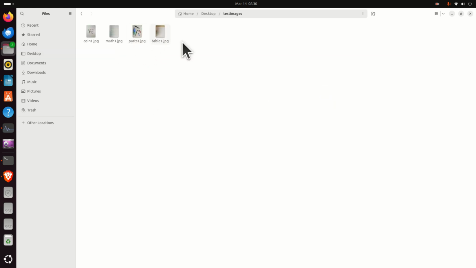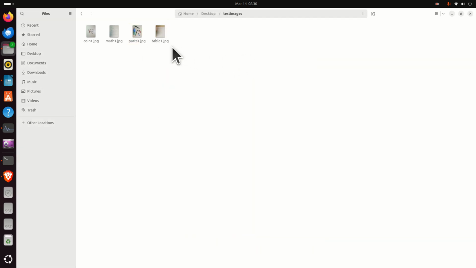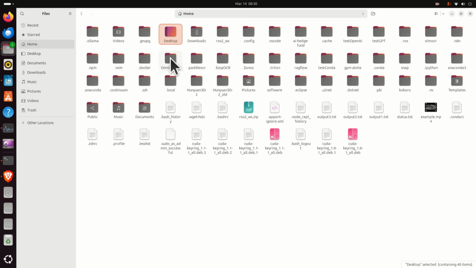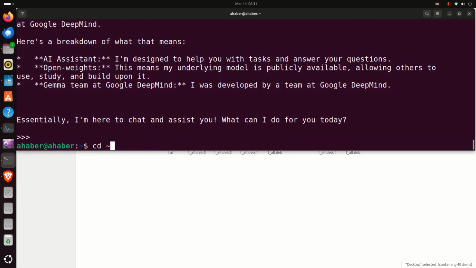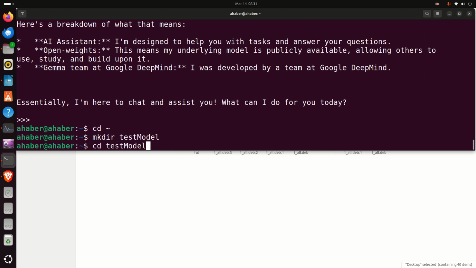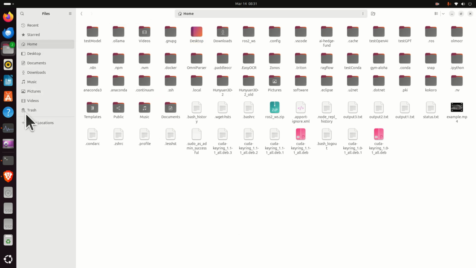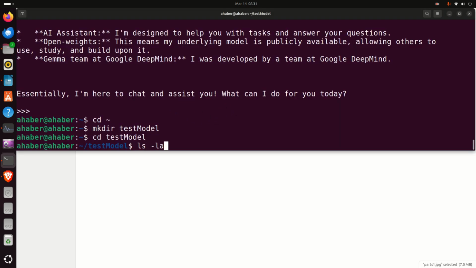Here are the images in my case. I'm going to use this image over here. Okay, so what I will do, I will simply copy this image, Control C, then I will go to my home folder, and then I'm going to create over here, let me just first exit the model. So exit the model, go to the home folder, and let's create a folder, for example, test model, and let's navigate to that folder. Let me just refresh this part. Here's test model, and let's paste the image over here,